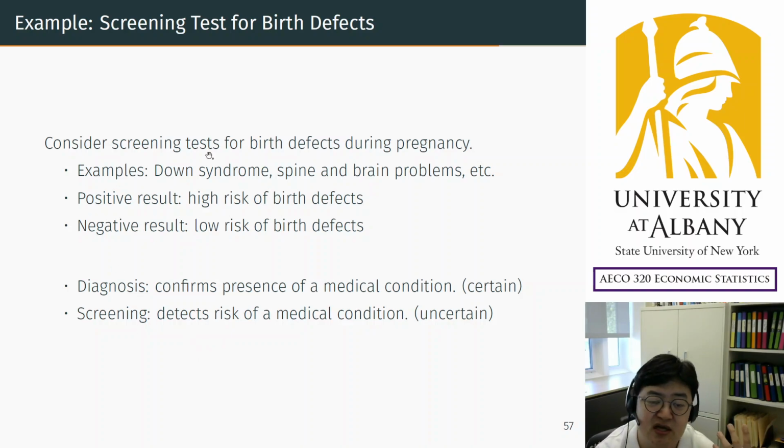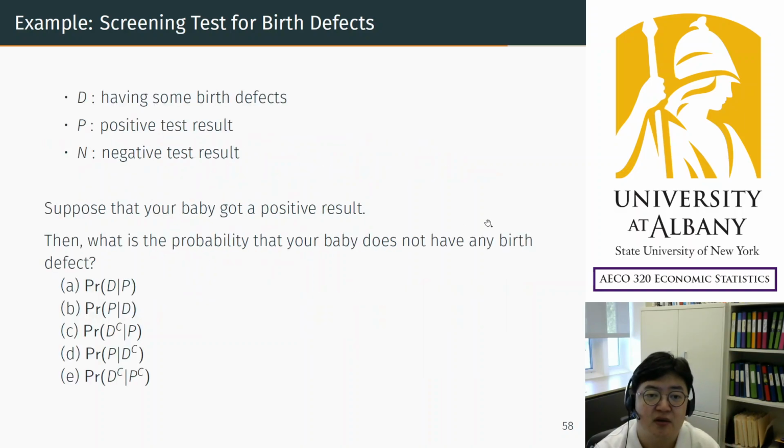So what we are studying here, because we are learning statistics, we think of screening tests. We never know with 100% probability. It's just high risk or low risk. Okay? So in this example, during the pregnancy, you only know whether the test result is positive or negative. If you are positive, you just worry about the risk. Negative, then you will be more relaxed, but still it does not rule out the possibility.